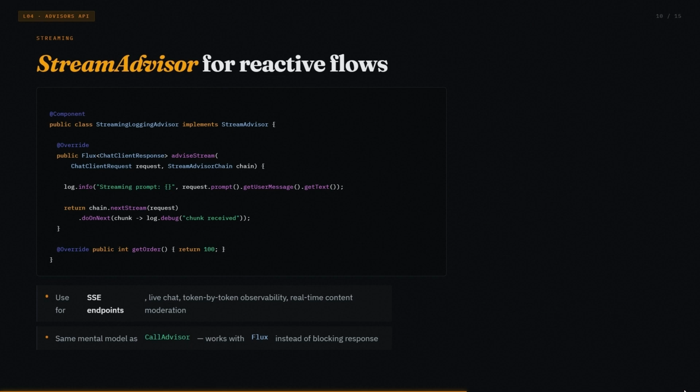So one of the things that we said at the starting was the stream advisor. So let's look at the stream advisor also. Stream advisors are for the reactive flows. If you are building a streaming endpoint, server-sent event, live chat, progressive token rendering, you need a stream advisor,